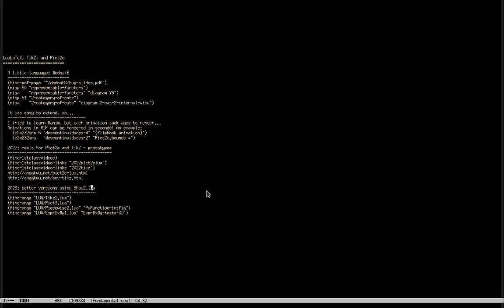And in this year, I was able to unify those two ways of generating PDFs, the one for TikZ and the one for TikZ, and I unified them with many other things that generated diagrams. The basis of these things is something called show2.lua.